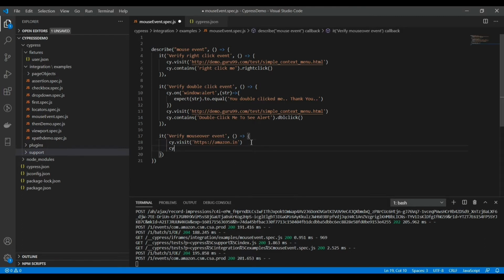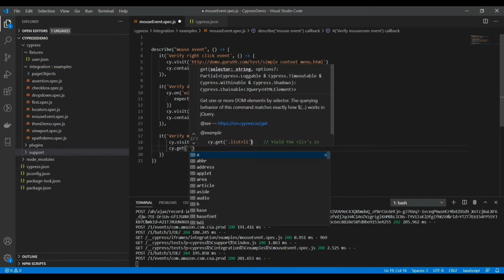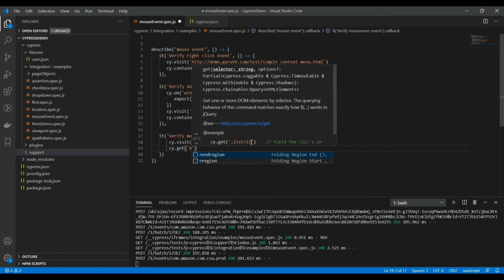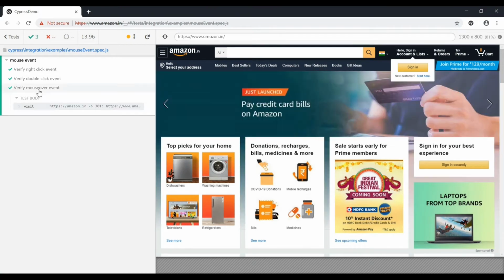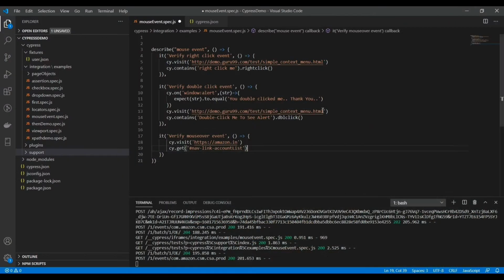The locator was this ID. And yeah, we have successfully navigated to the amazon.in website.